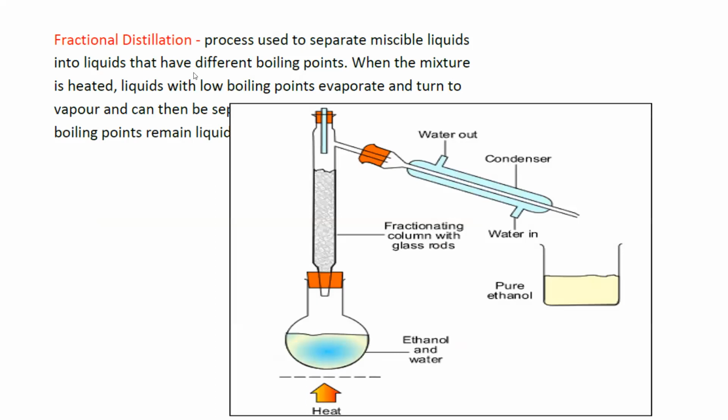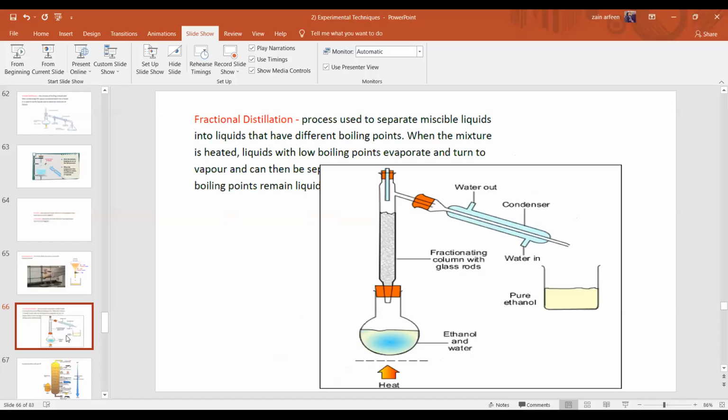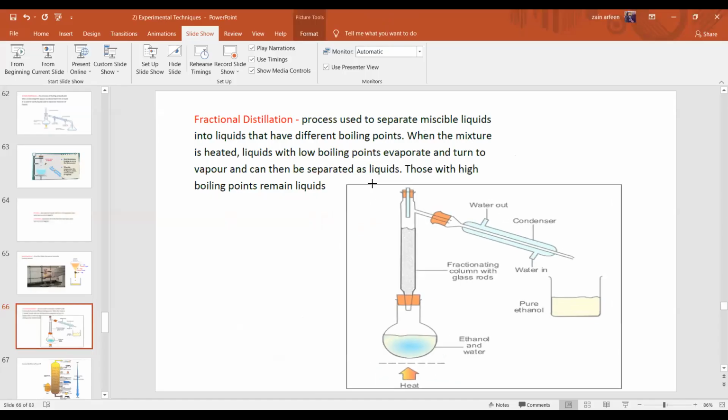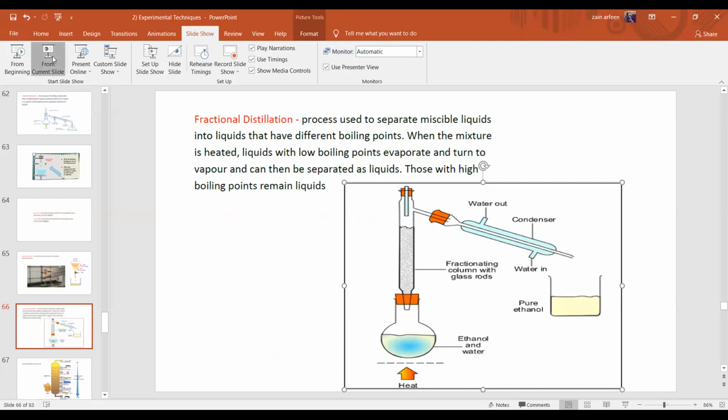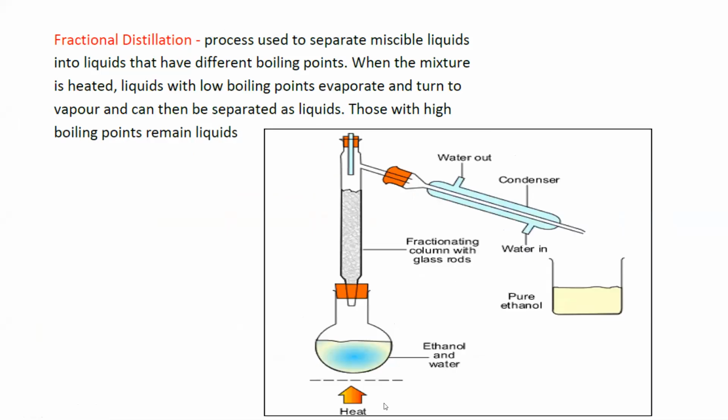Then fractional distillation. The term fractional distillation is used to separate miscible liquids. If we want to separate miscible liquids from each other, we use this technique called fractional distillation. For example, if you have a mixture of water and alcohol such as ethanol,